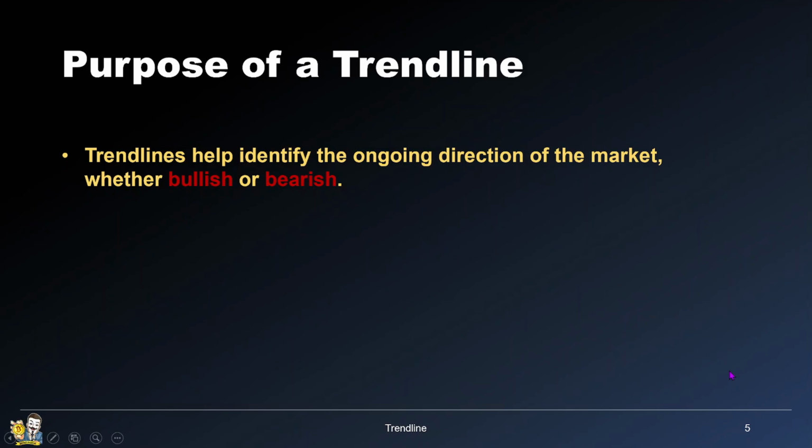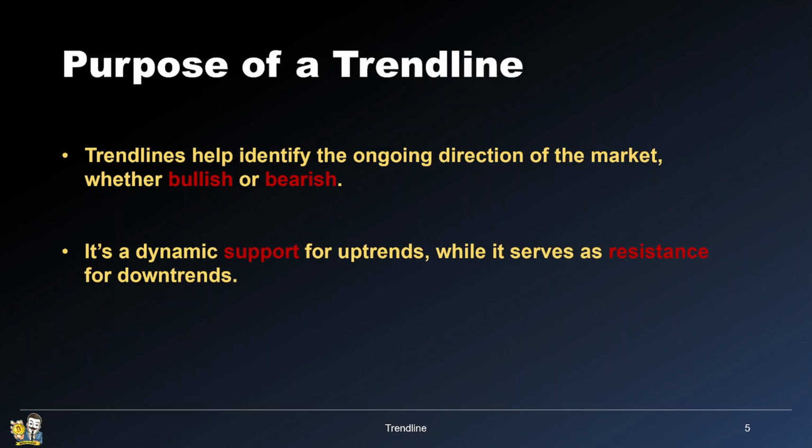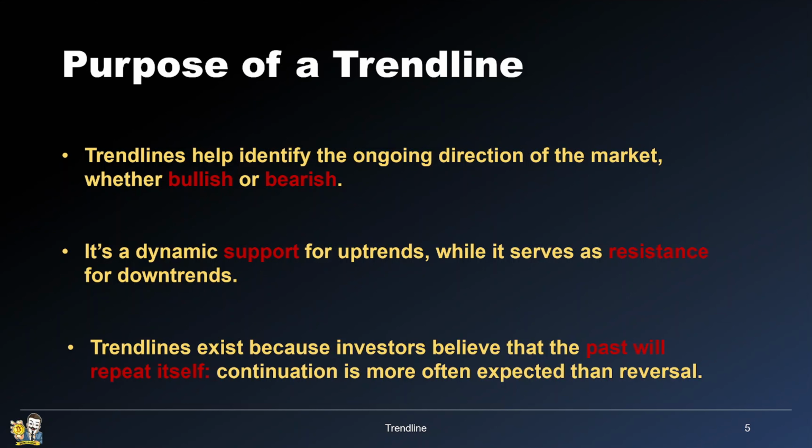Okay, first of all, you have to know that trend lines are used to identify the ongoing direction of the market, whether bullish or bearish. It's a very useful tool to plot the trend. It's also a dynamic support for uptrends, while it serves as resistance for downtrends. Trend lines exist because investors believe that the past will repeat itself, and a continuation is more often expected than